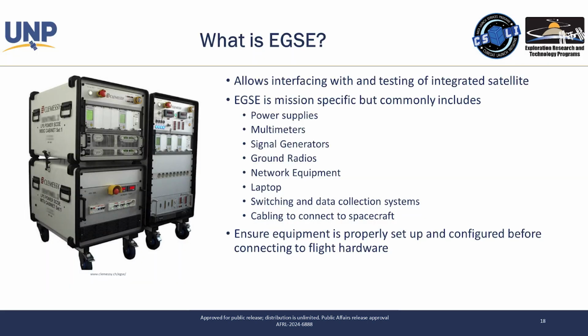Electrical ground support equipment is all the same things, but for electrical instead of mechanical. So this is how you interface and test the system while it's on the ground. When it's in space, you're going to use a radio of some kind, either optical or RF. The ground support equipment is how we do that for all of AI&T. So if you remember back to the spider web, a huge part of that was the electrical ground support equipment. It was running down through that table that it was sitting on to a rack that looked not dissimilar from this, full of power supplies, oscilloscopes, multimeters, signal generators, ground radios that allow you to exercise each component, subsystem, and system